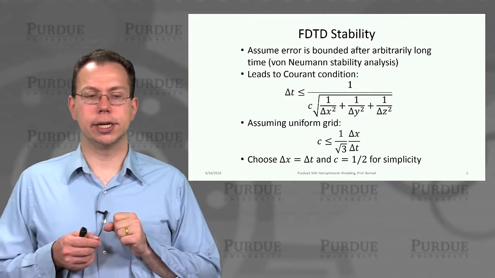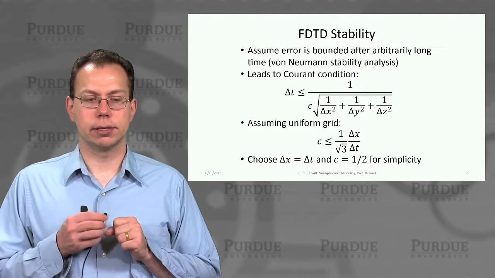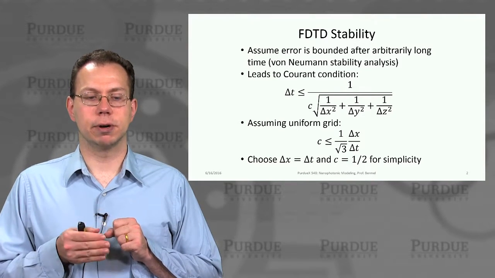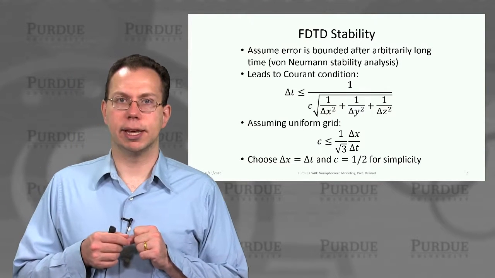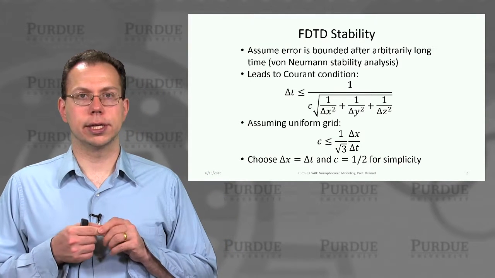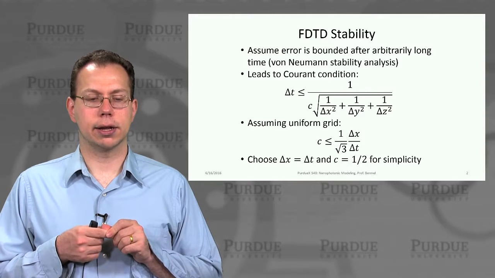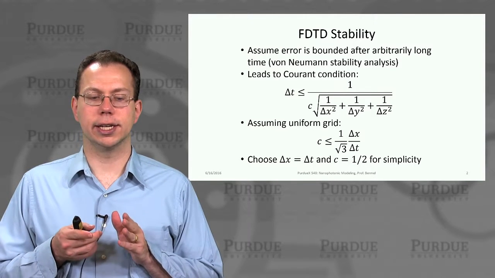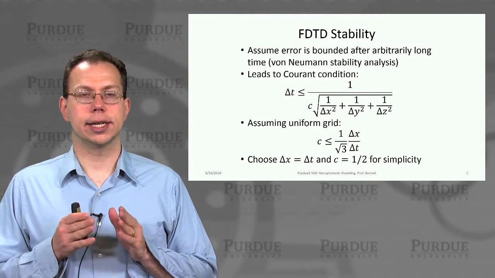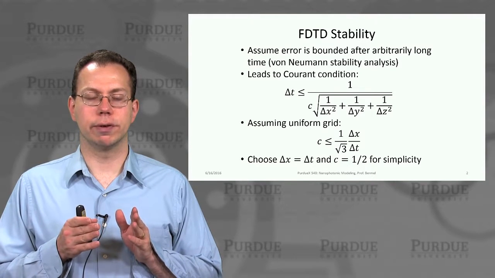The Courant condition tells us that the time difference, delta t, that's being used in the simulation should be less than a certain value, which depends on both the speed of light and the spacing in the x, y, and z directions. So if we assume all the spacings x, y, and z are the same, and we write it as delta x, then that reduces to c should be less than 1 over root 3 times delta x over delta t. So if we choose that delta x and delta t are equal to 1, then oftentimes that gives us that c would be less than 1 over root 3.